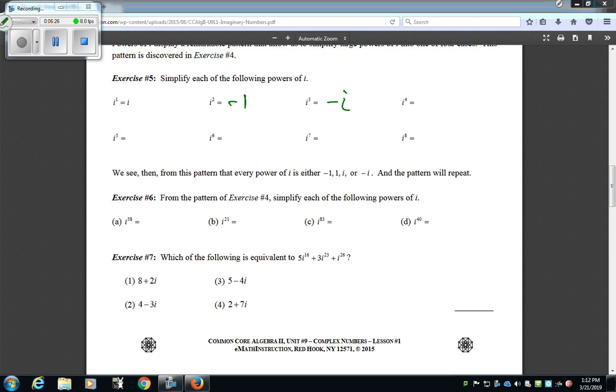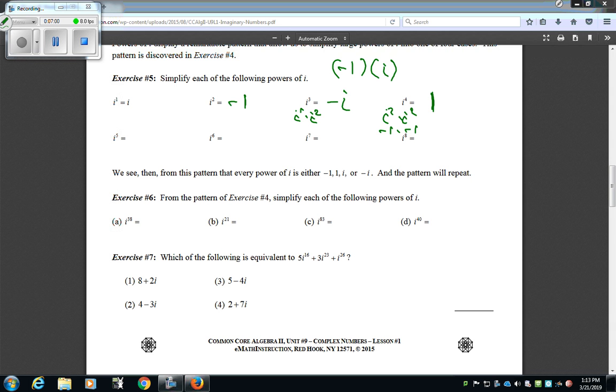So the idea with that is that i to the third would be the same as i to the first times i to the second. And i to the first is i, and i squared is negative 1. So if you did negative 1 times i, you'd get negative i. Just like if you did negative 1 times x, you get negative 1x. And then if we do i to the fourth, that's actually just going to be the number 1. Because if you take two of the powers for any of the ones before, if you take i squared twice, that's negative 1